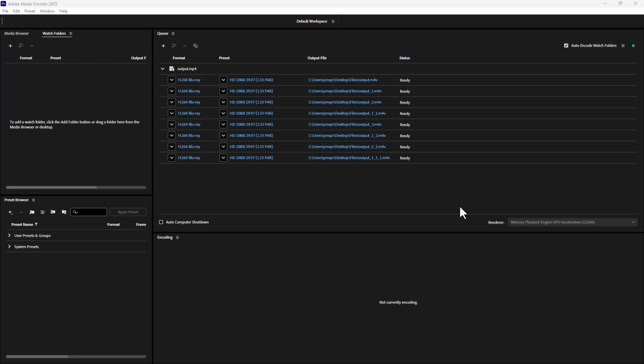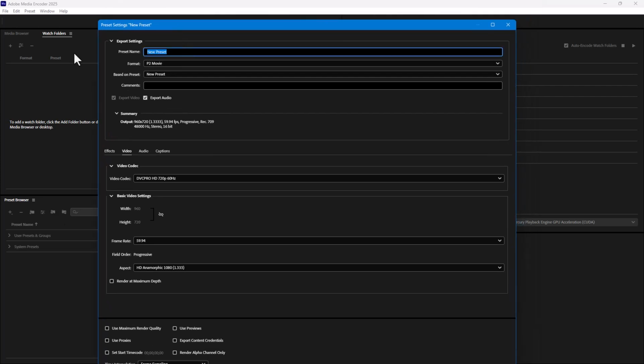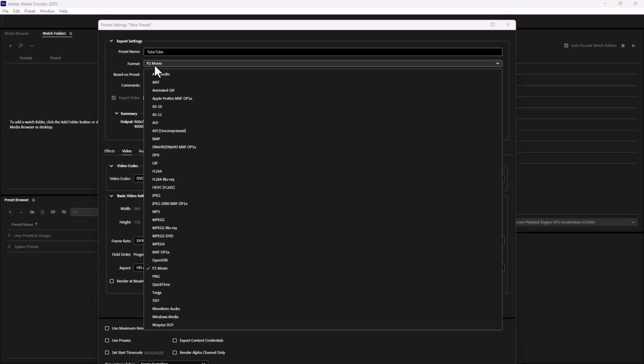If you want to go ahead and create your presets in the preset browser section right here, you can simply click on the plus button right here and create encoding preset. Once you do that, you get the option right here for the preset, as you can see. So I'm just going to type in YouTube, let's say, for example,